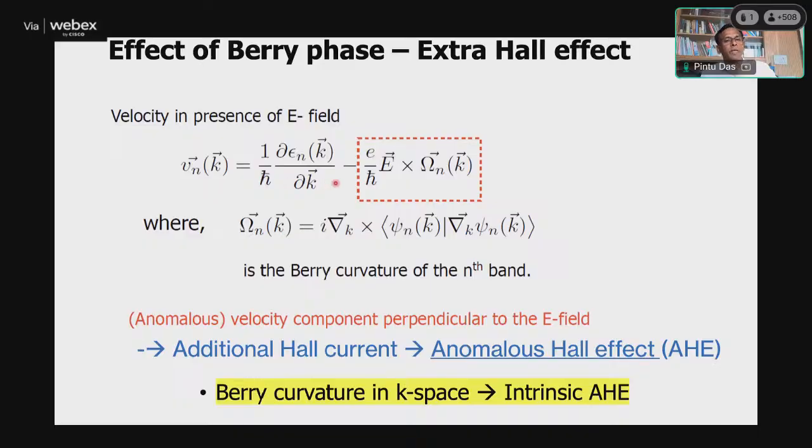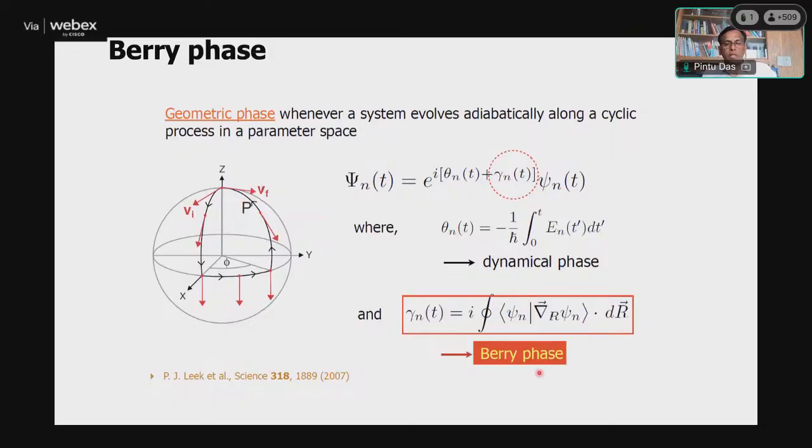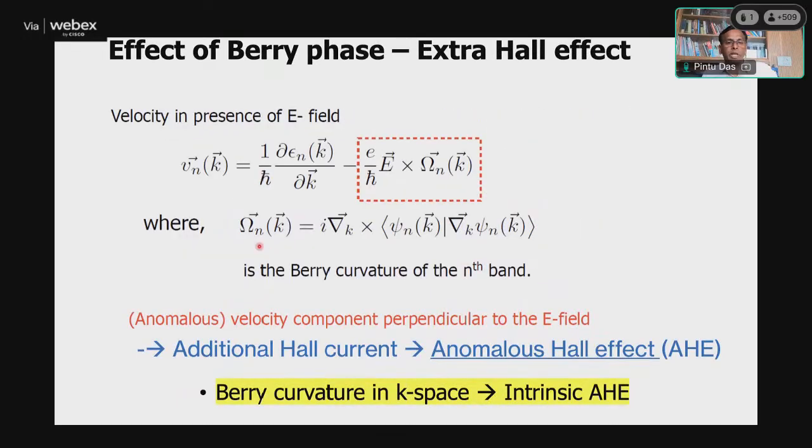But if you have a Berry phase, then there is an extra velocity component, which is given by the electric field which you apply, and this omega is related to the Berry phase that we have discussed. Omega is called the Berry curvature of the nth band. So the velocity will have this additional component,